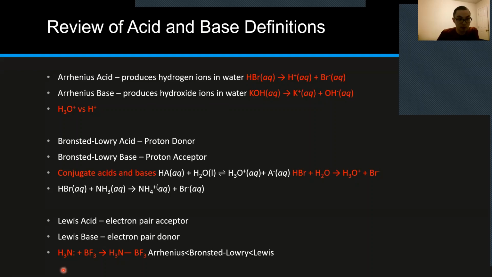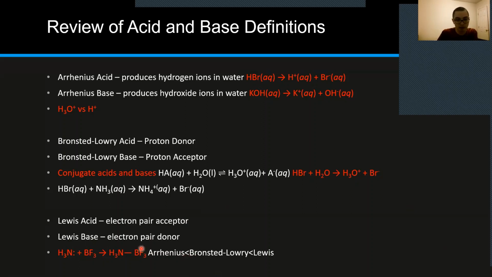So in this example, we have ammonia reacting with boron trifluoride, and you see these two dots here, these are electrons, right? So we have a Lewis base, which in this case is ammonia, with a lone pair of electrons. The lone pair of electrons is used to form a bond with BF3, boron trifluoride, and this forms what's known as a